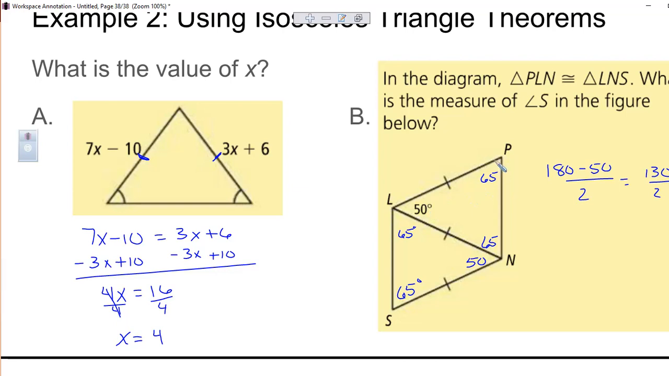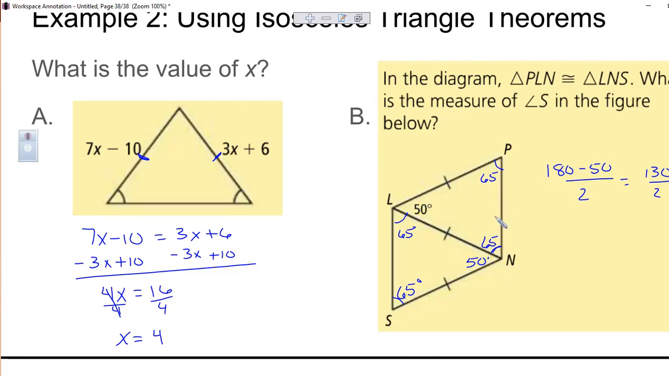These are our base angles, which means that these two should be the same. Now because we have congruent triangles, then these should also be the same. And so 50, and this is 50. Your vertex angles are both 50, which means your base angles, the way we'll find that is we'll take 180